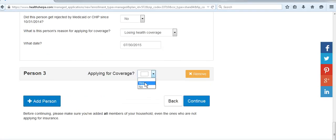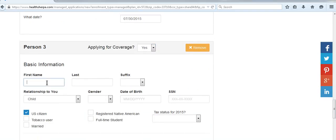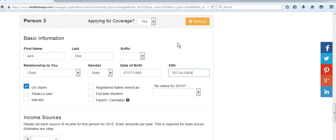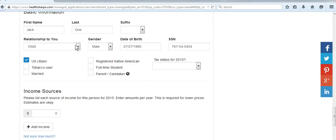If not, we're just going to go through and say that we are not qualified. We are not currently enrolled in any plans. We are also losing coverage on the 30th of July. And we are going to include our adult child who still lives at home. He's a student in college, and his name is Jack Jr., and he is a male with a date of birth of